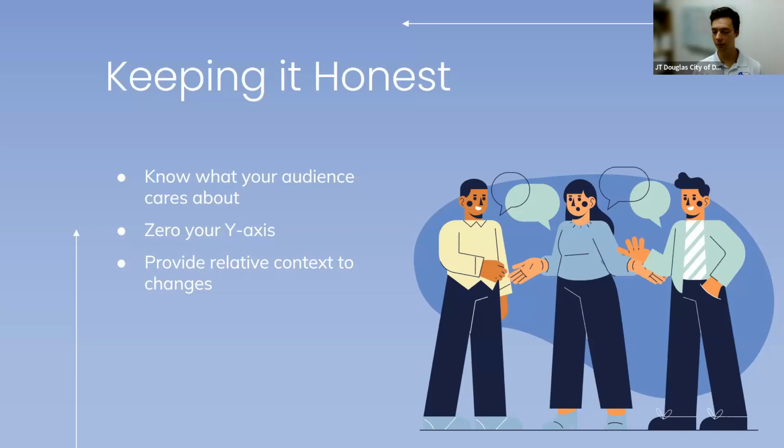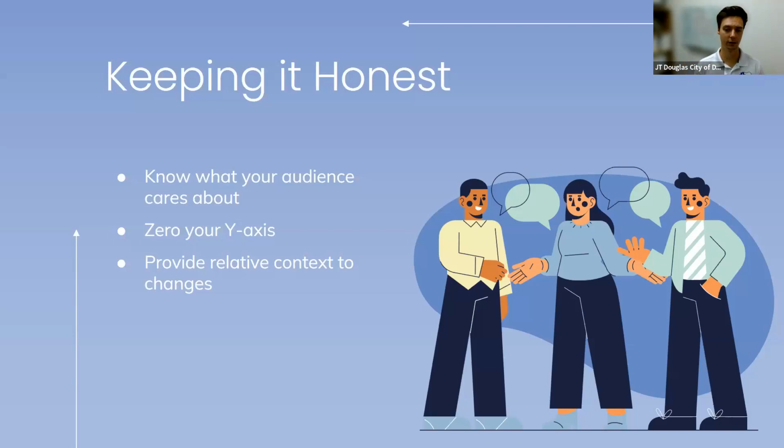Zeroing your y-axis, making sure that those changes are not overly inflated. The only context for that, if you are going to do that, say maybe that's your y-axis, there is your break-even point or something like that. As long as you're calling it out and saying, hey, I have done this to the y-axis, that's okay. But best practice really is to keep that at 0.